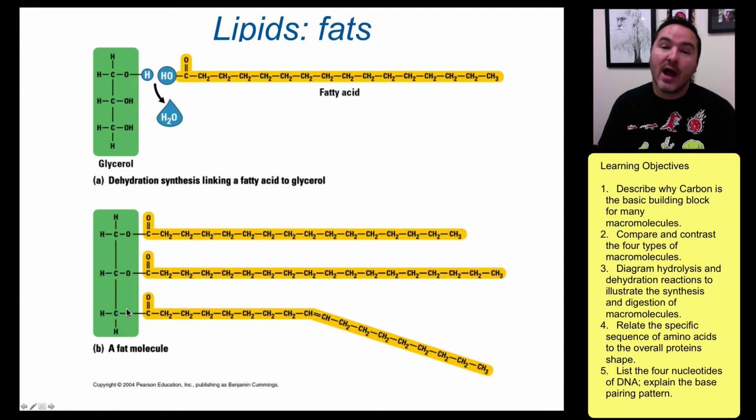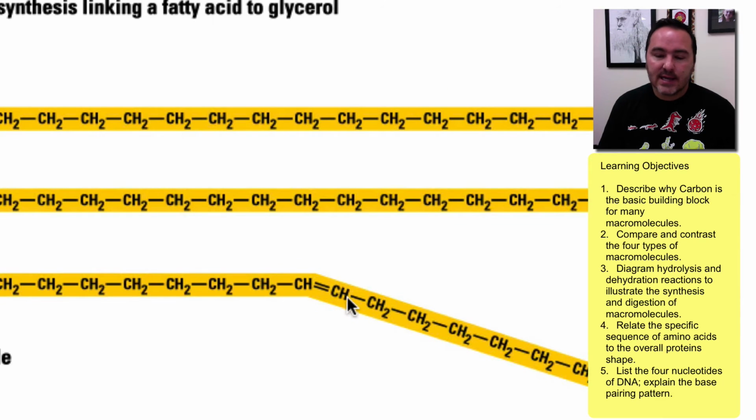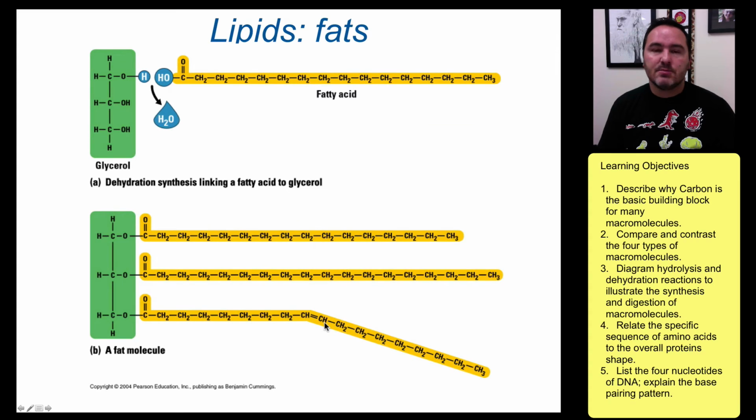That's called a triglyceride. And in this case, it happens to be an unsaturated triglyceride because there's a double bond right here, and so it puts a little kink in this long chain, which means that these molecules then end up being more spread out. And this is why at room temperature,